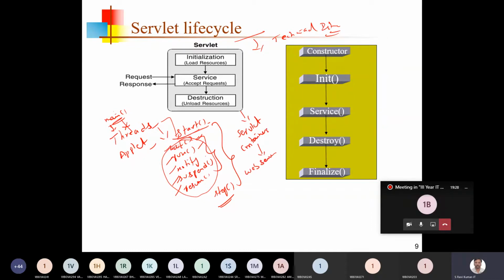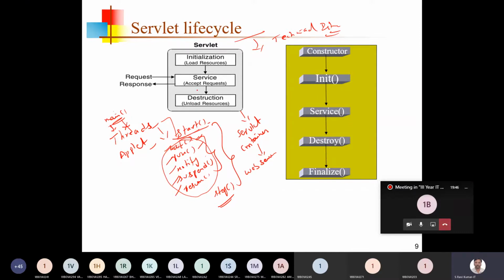Based on the circumstances and situations, the servlet container will move the servlet object from one state to another. These are the different types of states available for the servlet.